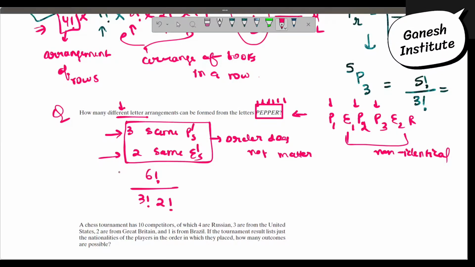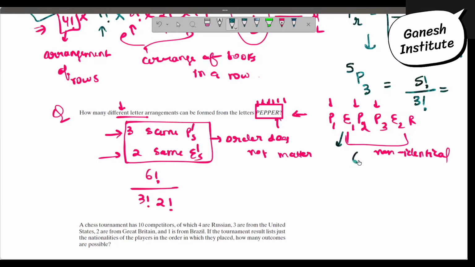Is this fine? Then why not R? Ma'am, why not R? R is single. R is not repeated. So 1 factorial, even if you write, that is 1 only, so we are not dividing it. We only need to divide it with those arrangements which are repeated in nature. If this would have been the condition, then